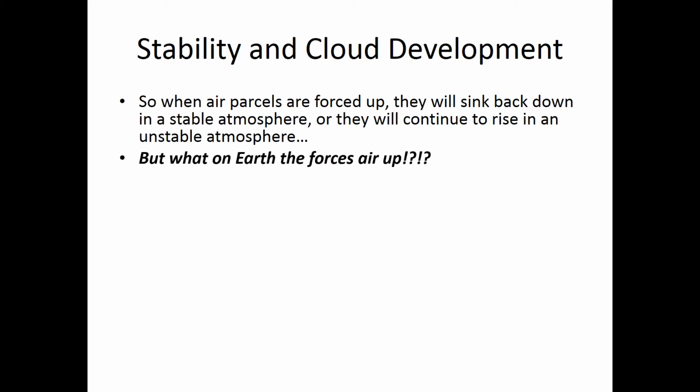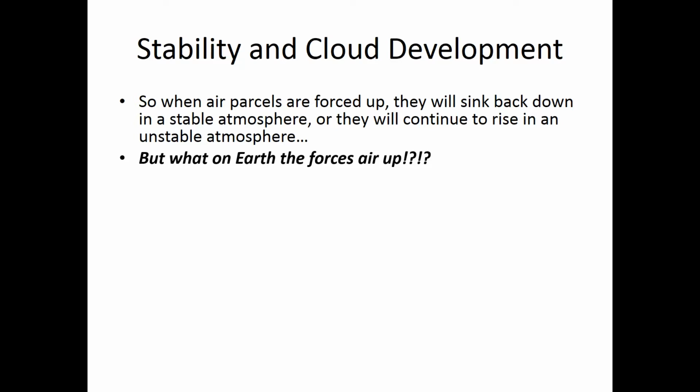And these 4 things are 4 things that we as meteorologists look at, because when any one of these 4 is present, it can give us the hint, it can give us the idea that, hey, we're going to get some cloud development today. We're going to get some rising air, we're going to get some cloud development, and then in the next 2 lectures, we'll actually talk about how that leads to precipitation. So,